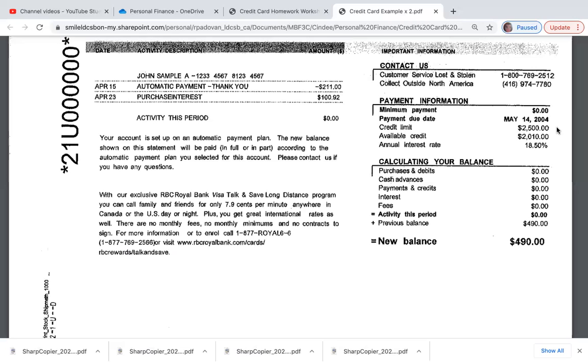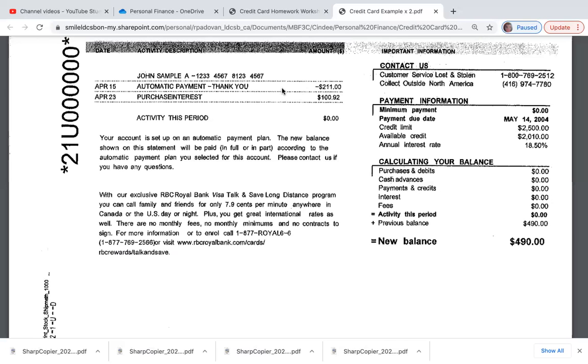It kind of tells the bank that, hey, I don't have any other way to get money. I don't have any money in my bank account. I don't have any money saved in the bank to dip into my savings. I'm having to go to a bank machine and take money directly out of my credit card, which just doesn't look good altogether. So my suggestion, just like when I worked at the bank and I would tell people that came in, was don't do that. Like, if you can, don't ever do that. And whenever you do take money out directly from your credit card out of the ATM, you're charged this 18.5% interest right away. Okay. In the last month, payments and credits is 0,